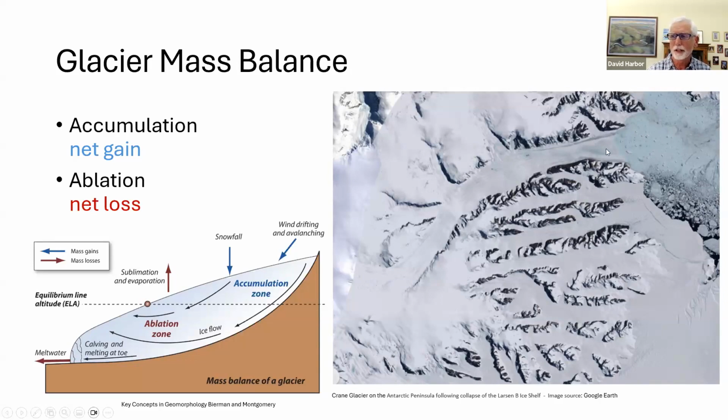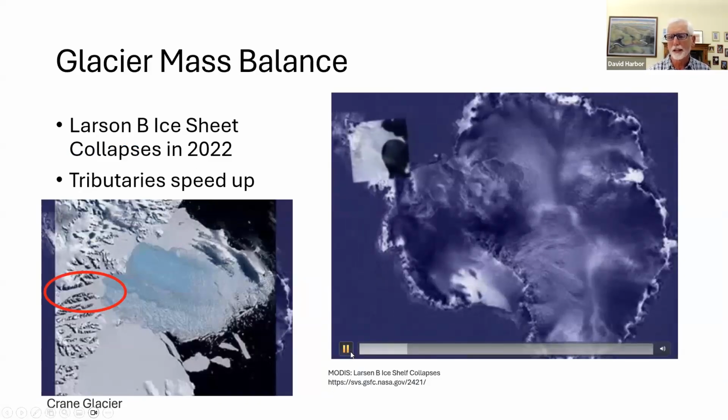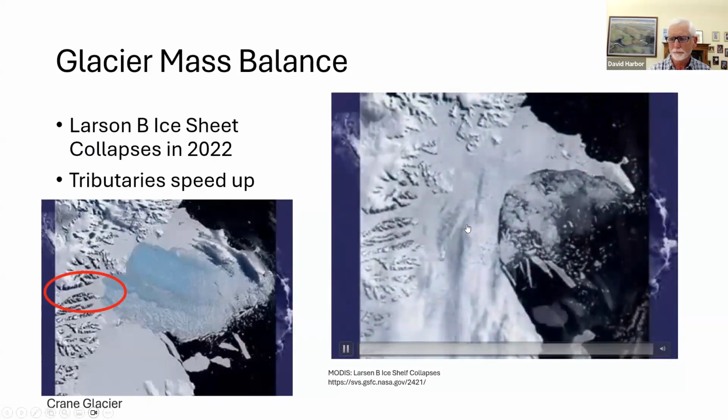If ablation is greater, the position of the snout will retreat, though the ice keeps moving forward. And if there's more accumulation, it will advance. And that's a function of lots of different things. Up on the Antarctic Peninsula, we have the Larsen ice shelves, and one of them collapsed in 1995. And in 2022, the Larsen B ice shelf collapsed, and the ice shelf retreated